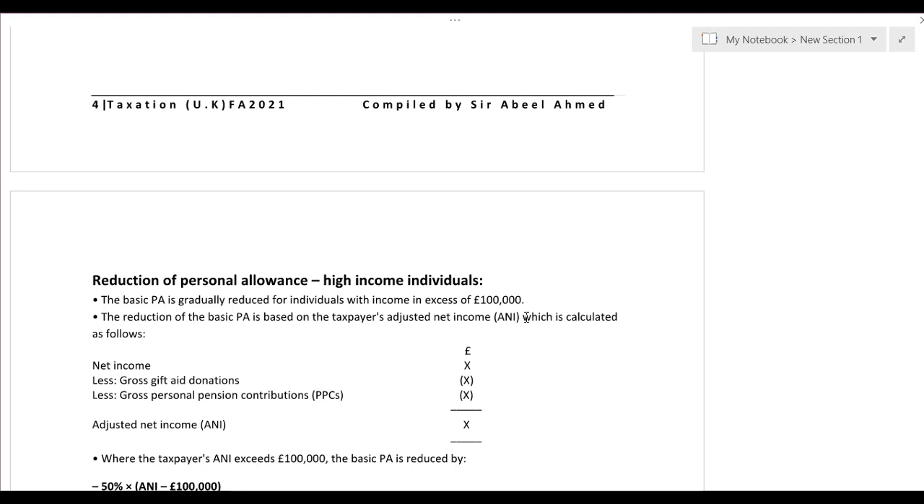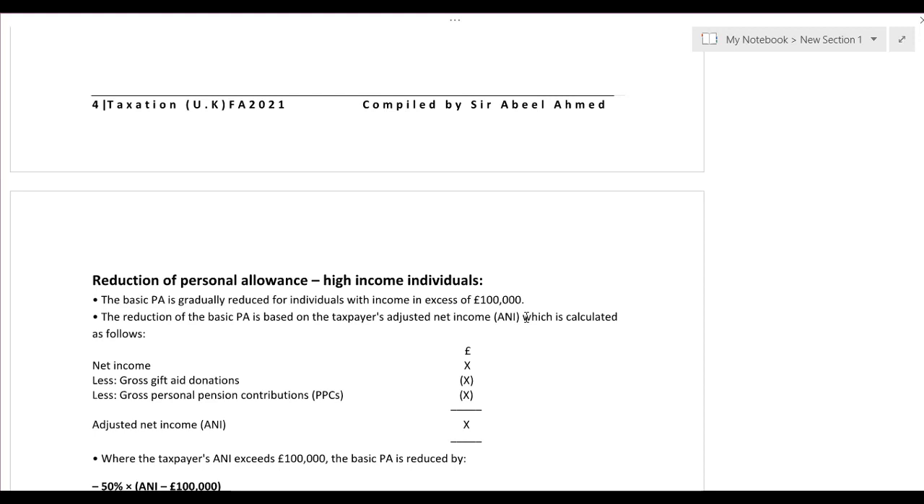12,570, and the logic behind this 12,570 is that HMRC should be taking tax only from those individuals who are generating income of more than 12,570. But having said this, there is one more rule. What is that? HMRC says that wealthy individuals should not get the benefit of this personal allowance as well. So if there are wealthy individuals and they have adjusted net income of more than 1 lakh, then the personal allowance limit of 12,570 starts reducing for